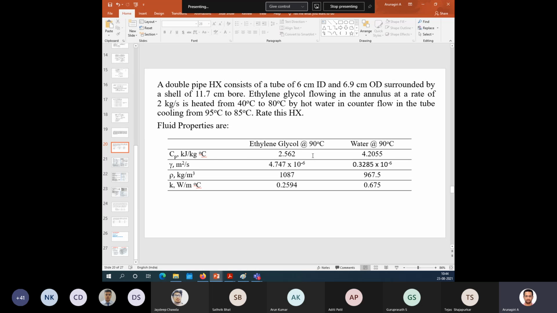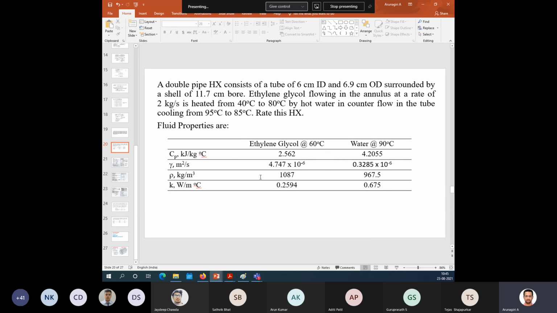So I think this temperature is 60 degrees centigrade. Sorry, because here if you see 40 plus 80 is 120, so 120 by 2 is 60. This is the average temperature. So the properties are estimated at the average of inlet and outlet temperatures of the fluid. Now what should we do? How can we proceed with this problem? First, the flow rate of water is not known, so that is the only unknown. The properties are given.